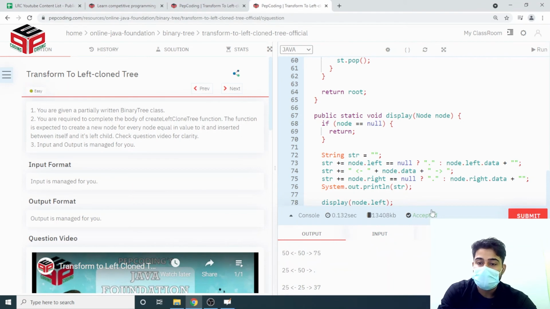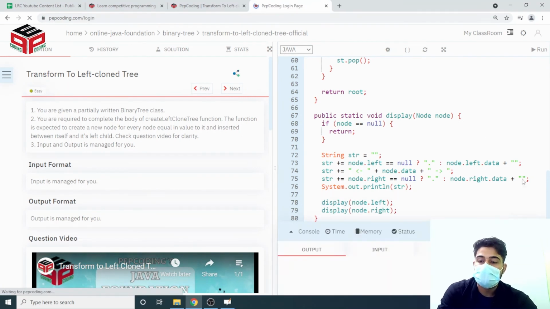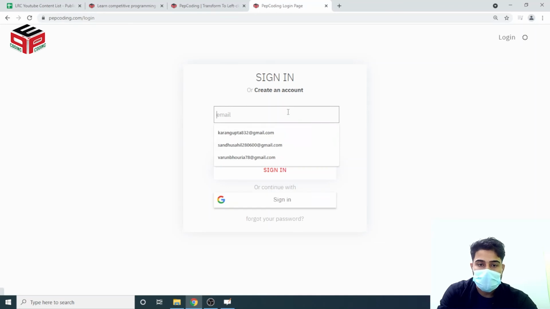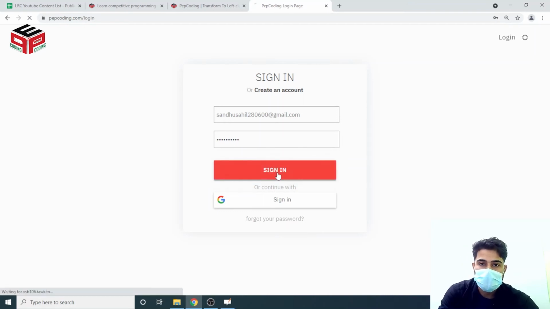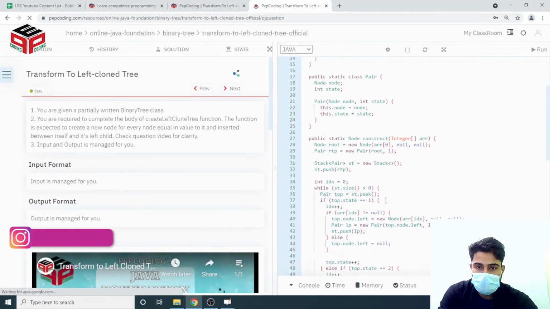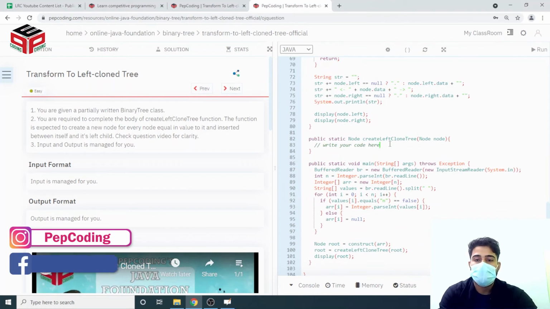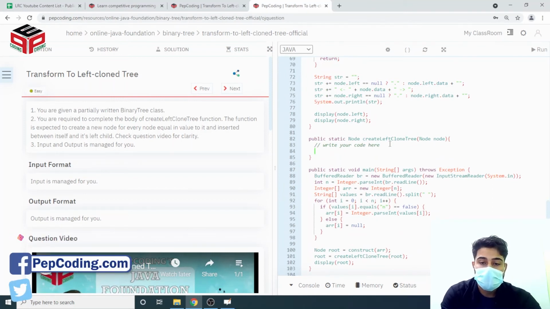So you can see it is accepted here. Let's try to submit it. Okay, oh yeah, our code is messed up. Let me write it again. So